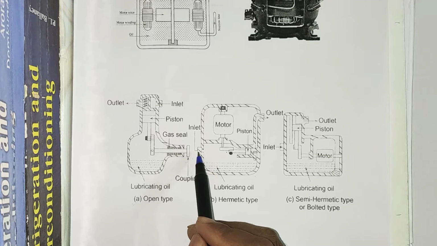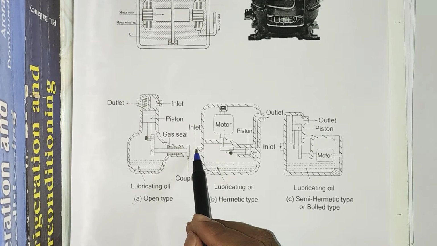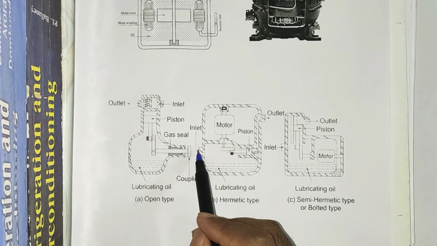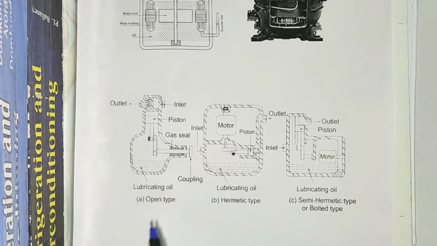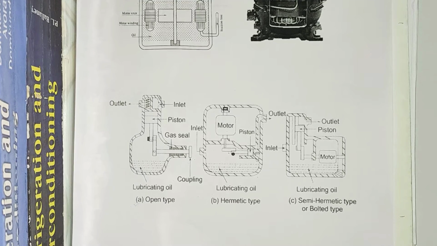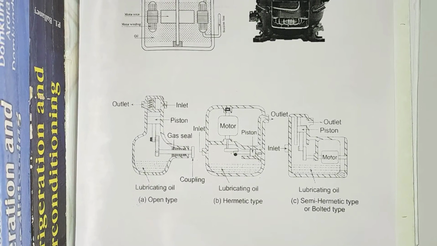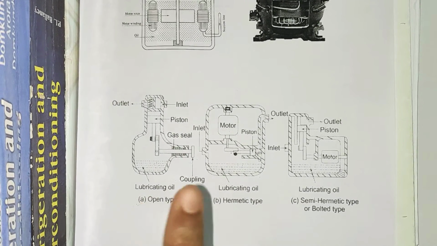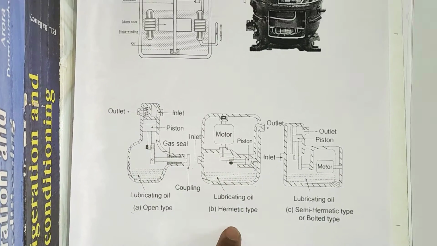See, if you look at the inlet, cold suction gas is generally made to flow over the motor and the compressor before entering into the compressor. First, through the inlet, gas will enter, it will pass over the motor, then it will enter into the compressor. This keeps the motor cool. The motor winding is in direct contact with the refrigerant, hence only those refrigerants having high dielectric strength can be used in a hermetic compressor.